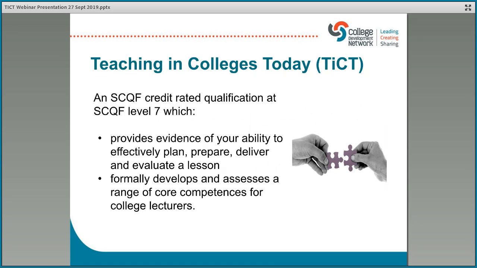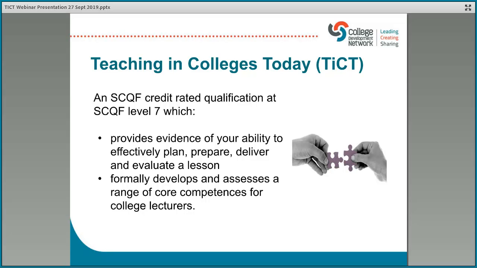CDN's Teaching in Colleges Today unit provides a valuable entry-level initial teaching qualification for newly appointed lecturers who have come into the sector and have prior knowledge and employment expertise, but little or limited understanding of the core functions of learning, teaching and assessment. This SCQF credit-rated unit is unique in its approach as it is delivered in partnership with colleges, and this provides you with the flexibility and makes it possible to contextualise the learning for your staff to